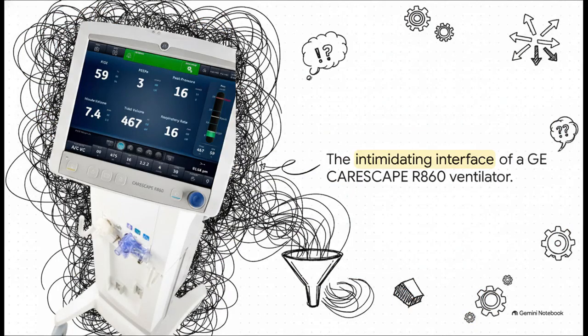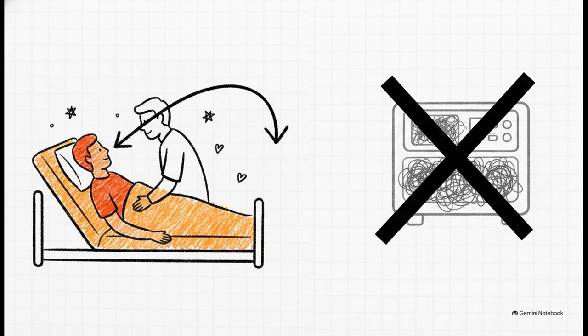Just take a look at this modern ventilator interface with all those numbers, waveforms, and touch screens. Yeah, it basically looks like a spaceship cockpit. As a junior doctor trying to process all of this data at once while a patient is tanking, that's a recipe for total cognitive overload. We need to simplify. Which brings us to the golden rule. Always, absolutely always, assess the patient before you look at the machine. The vent gives us great data, sure, but the human being in the bed has to dictate the urgency and